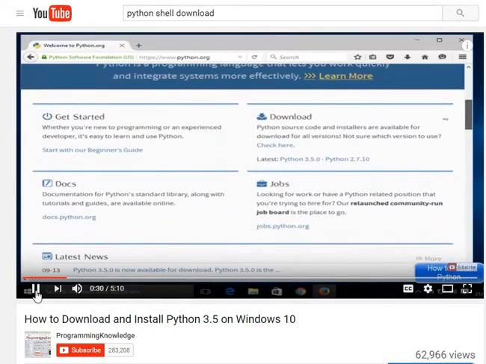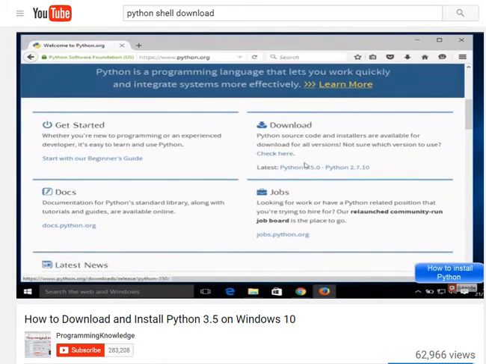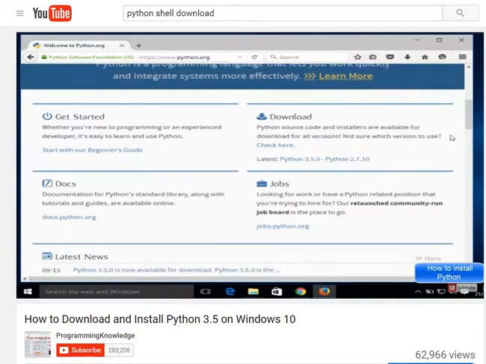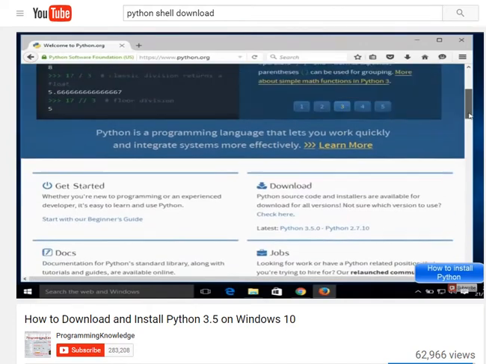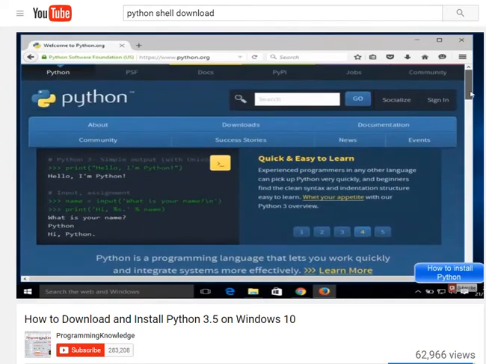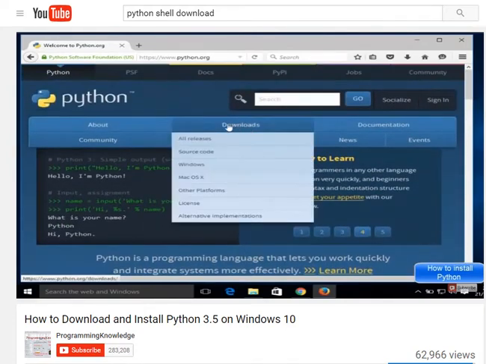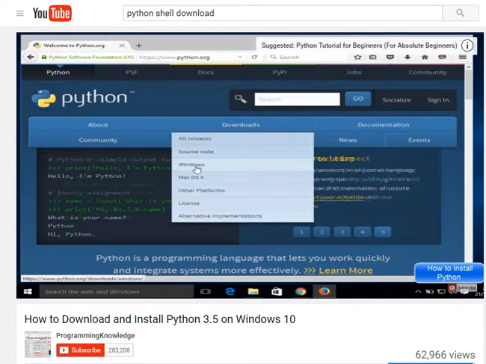And you can see here Python 3.5.0 is the latest version at the time of making this video, and Python 2.7.10 is the legacy version. Okay, so I'm going to go up here and I can see this download button, and I can choose the Windows option from here. Okay, so just choose this Windows option,